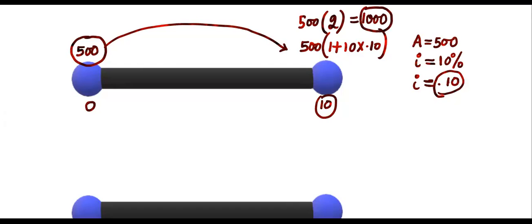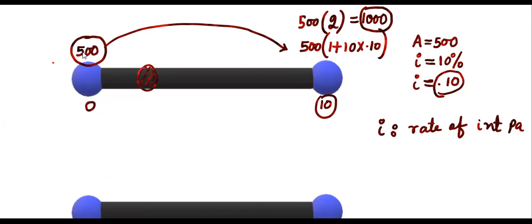Rate of interest is 10%. 10% means if you deposit 100, you get 10. You deposited 500, so you get 50 every year. Okay, let me write here. i is the rate of interest per annum, per year. If I write 1 here,